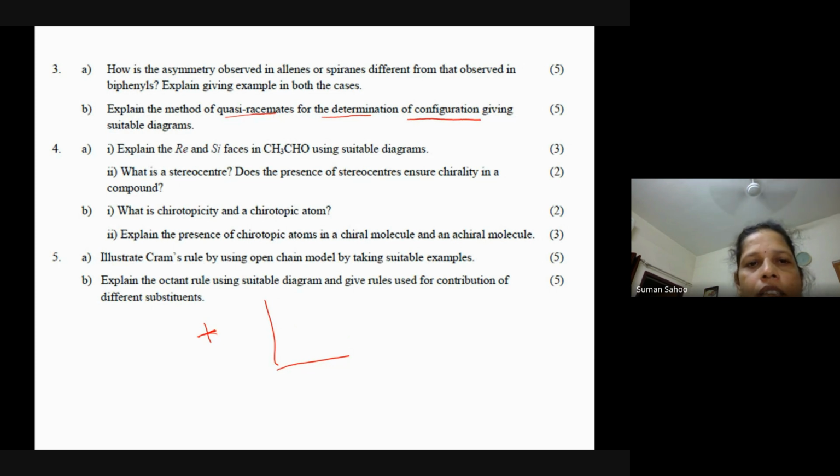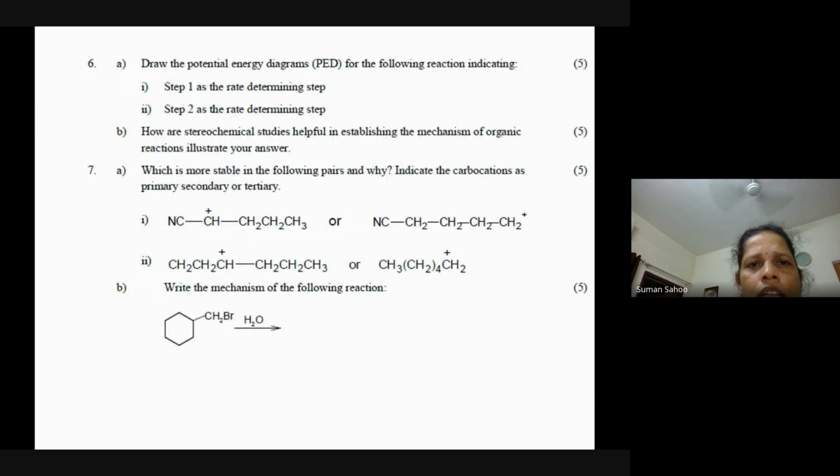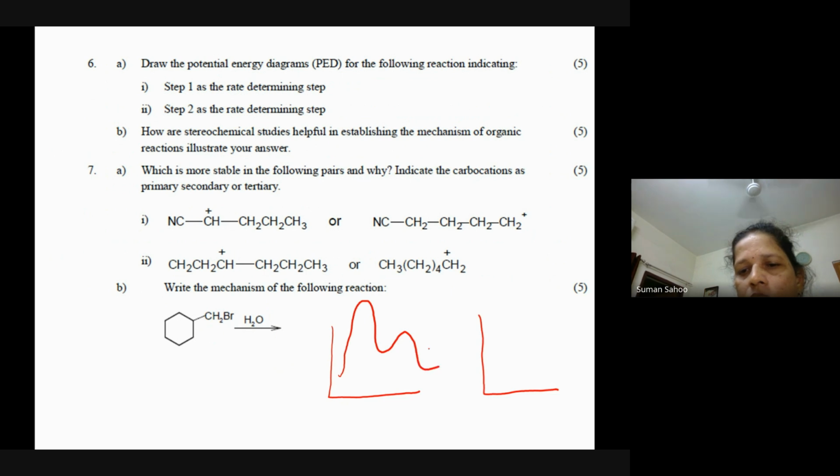Okay, explain the Re and Si faces of CH3CHO using a suitable diagram. Draw which is the Re face and which is the Si face. You can do all these, there is no difficulty. Next, number 6: draw the potential energy diagrams for the following reaction, indicating step 1 as the rate determining step and step 2 as the rate determining step. So you have two steps. Step 1 as the rate determining step means that it is slower, it passes through a higher transition state, and the second one passes through a lower transition state. Step 2 as the rate determining step means